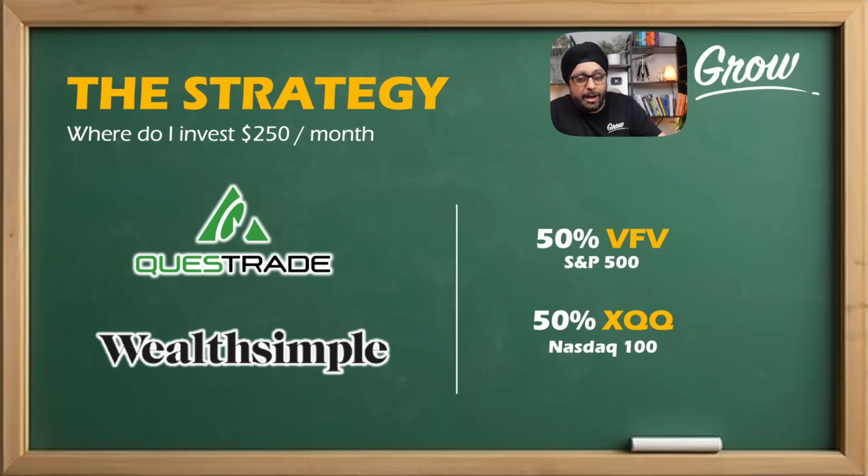I can't really do a 50-50 because if I invest in VFE, and that's about $147 as of today, I have to invest one share, which is $147 in VFE, and the remainder of probably 2 or 3 shares into XQQ. And that actually changes my contribution to 60-40 into VFE and XEQ. Now, I don't mind that. I've been doing that for the last 6 months, but I don't love that either.